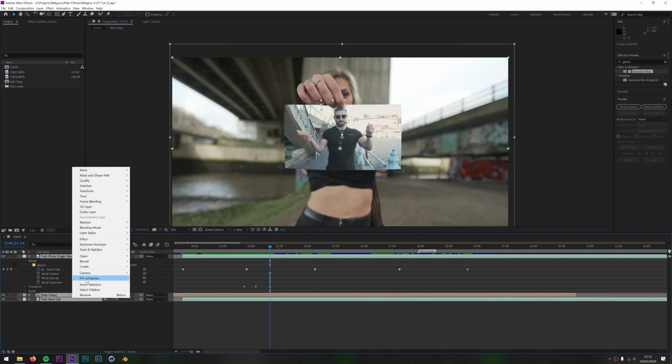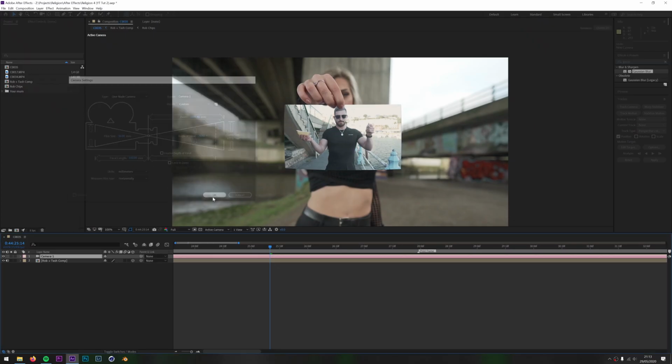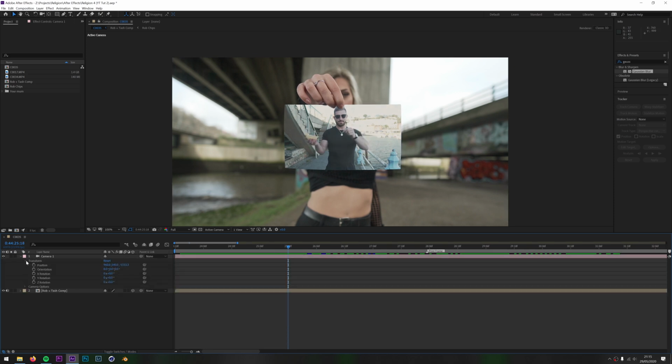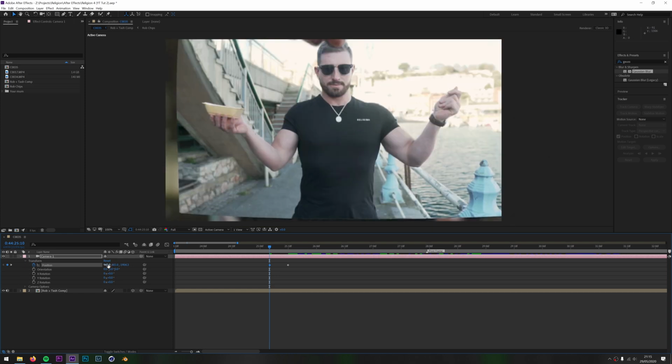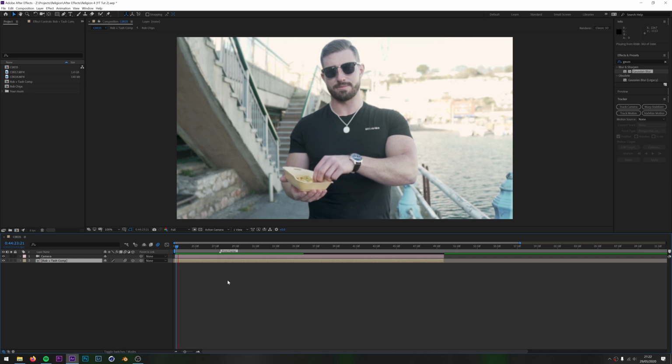Okay, select all, right click, pre-compose, give it a name, make the layer 3D, right click, add a camera and keep these settings exactly the same. Find the frame where you want the transition to take place, then add a keyframe position and then move the camera in so that the photo fills the whole frame. Add motion blur and turn on bicubic sampling if the photo is blurry. Play it back and you get.